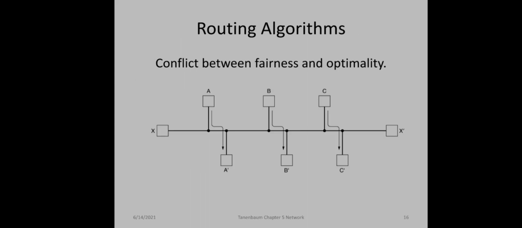We can see an example for that. Just for example, suppose this is a network configuration and there's an enormous traffic from A to A dash, B to B dash and C to D dash. Suppose that is the condition now. To maximize the total flow, the traffic from X to X dash should be shut off. Otherwise the total network throughput will be affected. But this completely compromises the fairness policy, right? This policy is not at all fair to the pair X to X dash. So these are the different properties of routing algorithm.